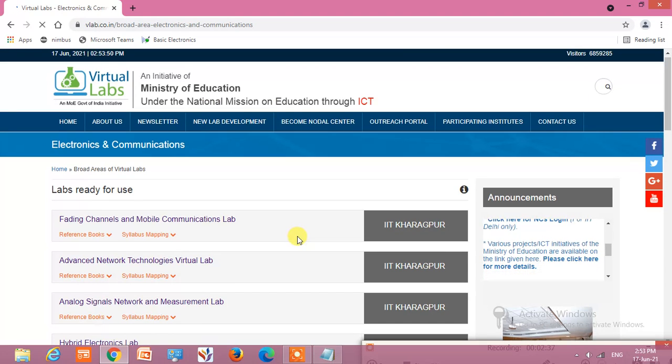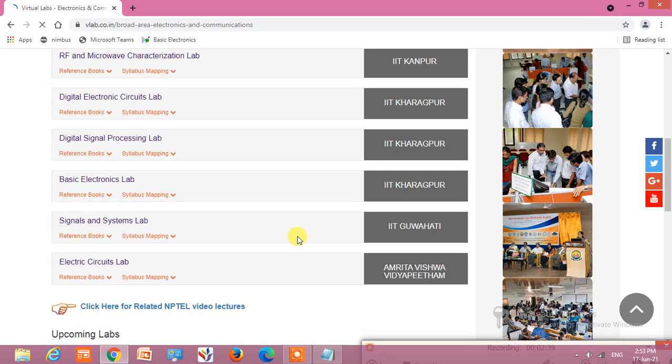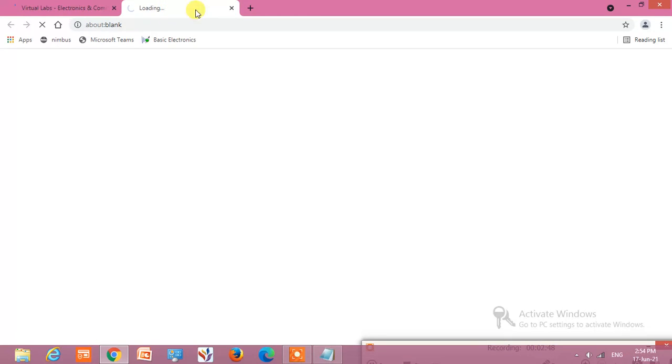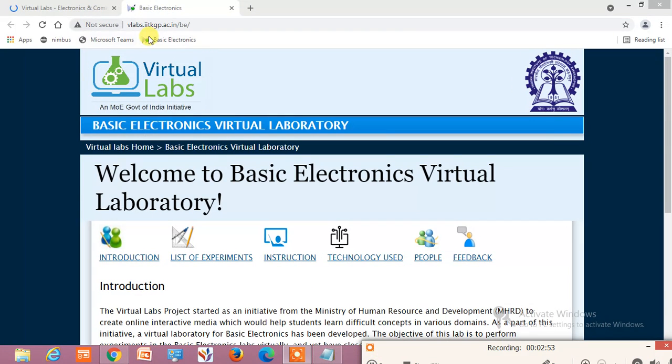Just scroll down and select Basic Electronics Lab, IIT Kharagpur. So click on Basic Electronics Lab. A new tab will get open. So this is the web page, VLabs, vlabs.iitkgp.ac.in/BE/.